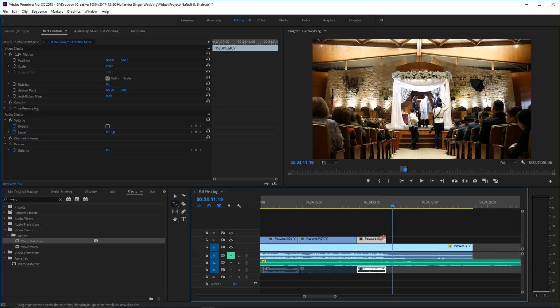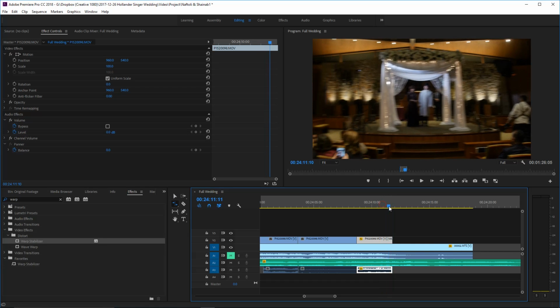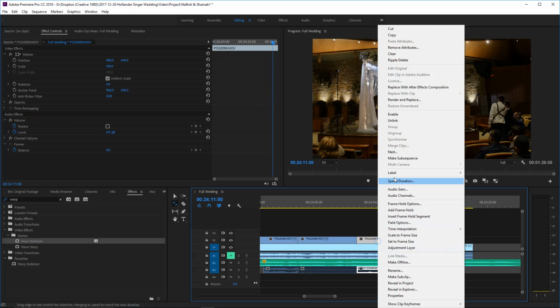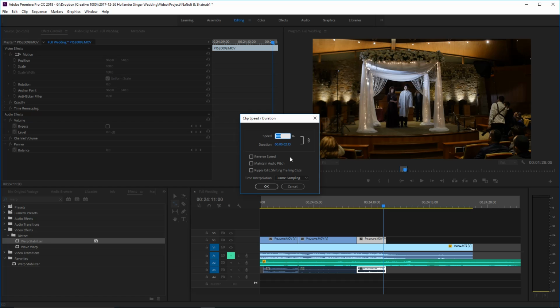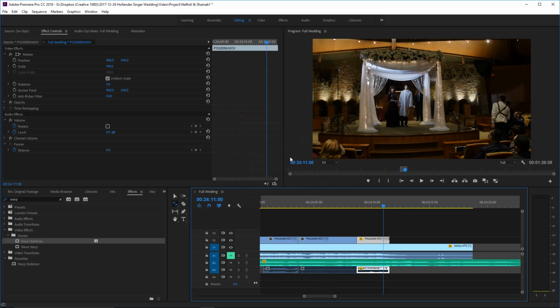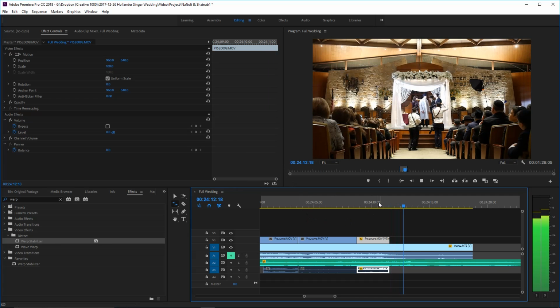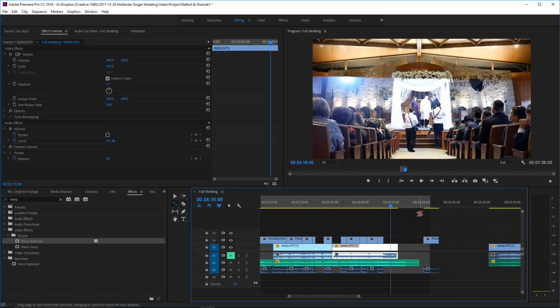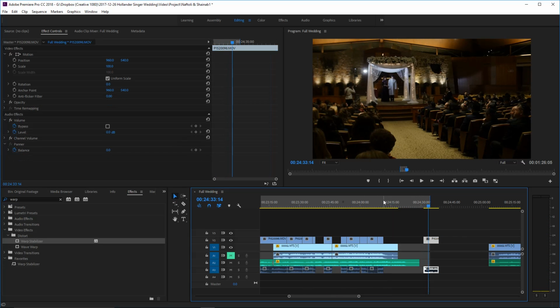I don't know why that's not working. See, rate tool, drag that out. Don't know why that's not working. Let's do it like this. Speed and duration will make it 90%.